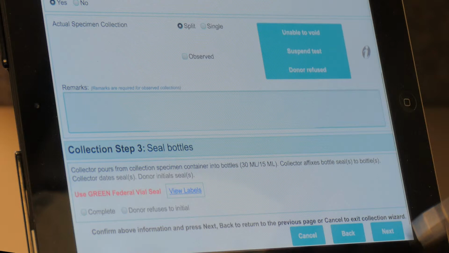Enter any appropriate remarks in the remarks section. If remarks were entered previously as a result of using one of the alternate path wizards, those remarks will also be included in the remarks section of the CCF. At this stage in the collection process, the collector is instructed to pour the sample from the collection container into